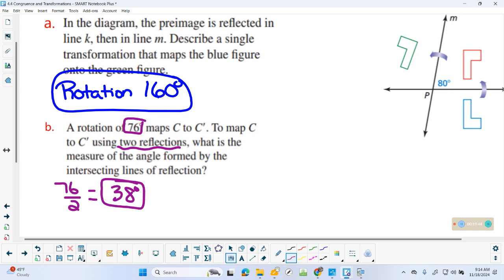So they're just having you come up with each individual reflection on it. That's all it is. This is as wild as the math gets today. Any questions on that? Okay, so tomorrow